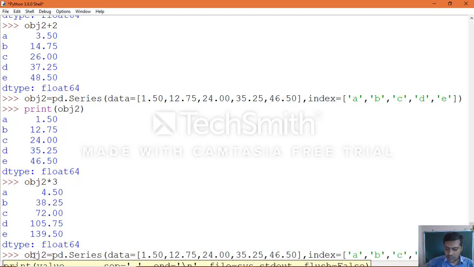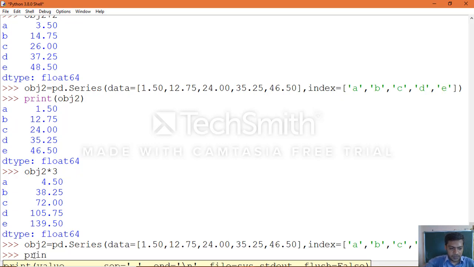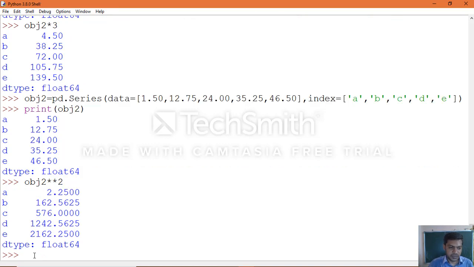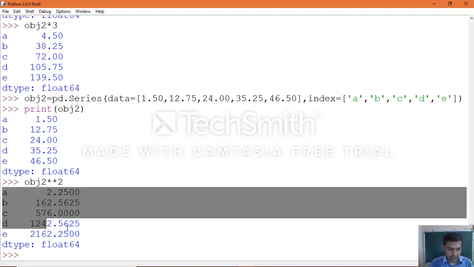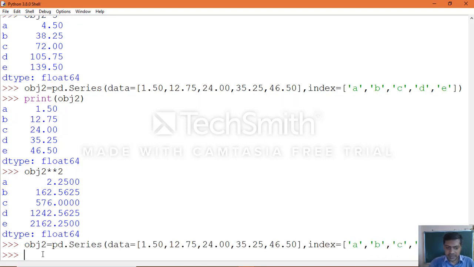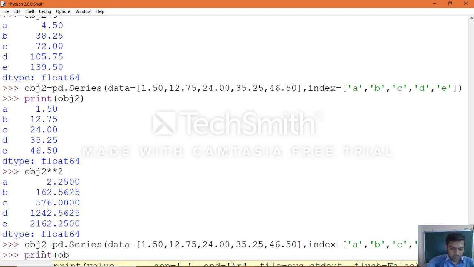Again, take the object and print the data it contains. Now apply the exponent operation. How can it be calculated as an exponent? We know the symbol operator you can use for the power of the values. In the same manner you can do it. Again, we take the object and print obj2.